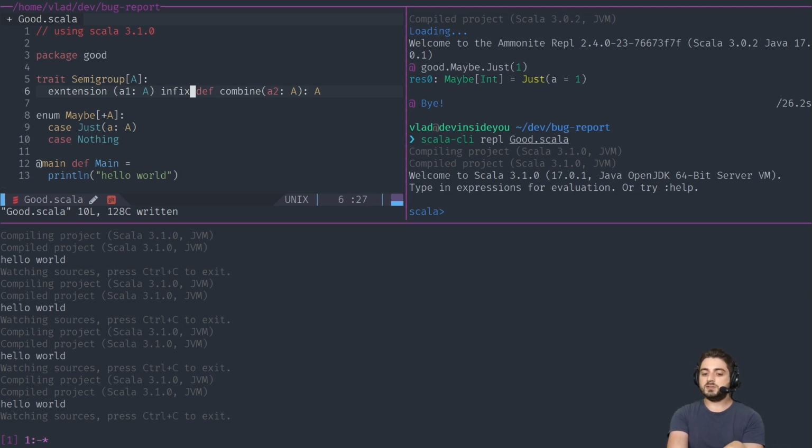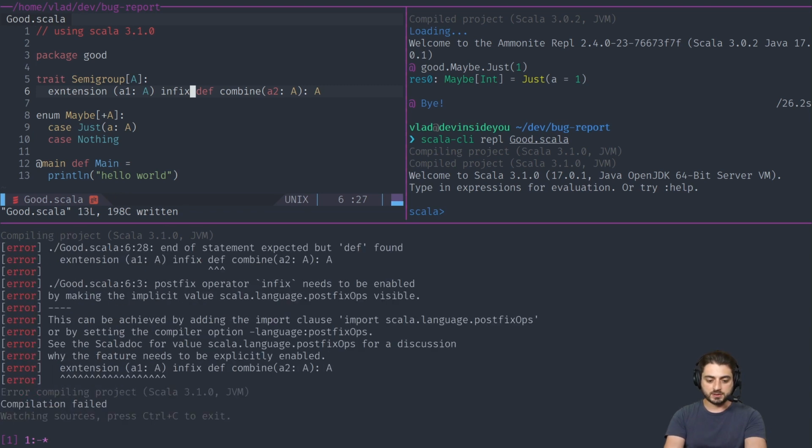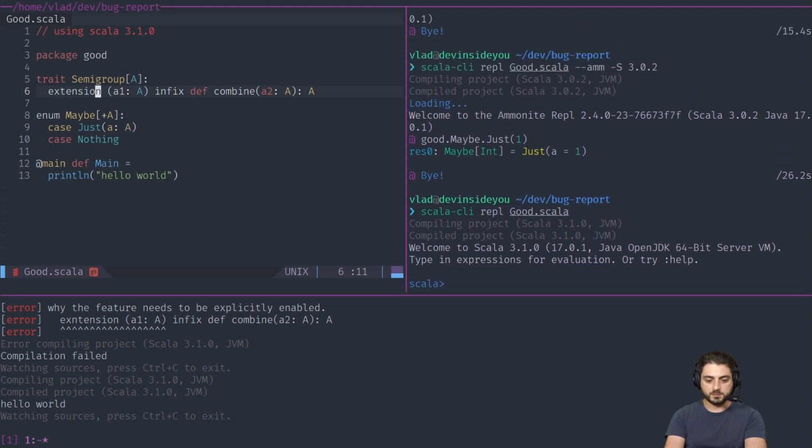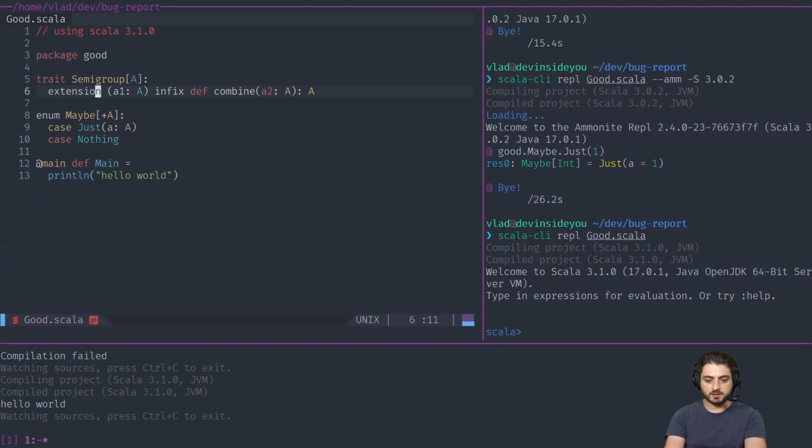I'm going to leave it here just for readability and to avoid confusion. So let me save the file, and let's actually spell this correctly. Okay, so this is extension. There we go, extension. All right, so let me create a little bit more space like this. There we go. Okay, so now what we're going to do is we're going to define an instance for a